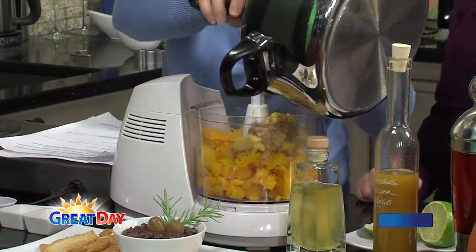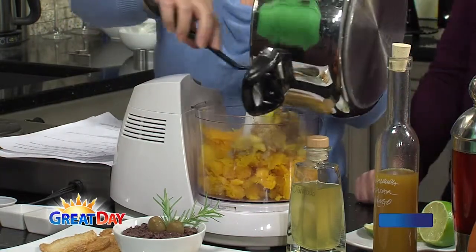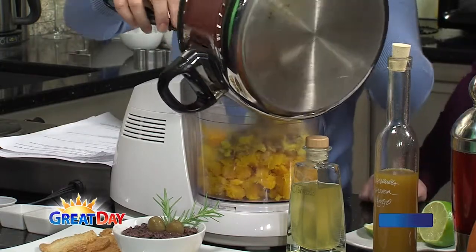So we've actually got that cooking so it's nice and warm. What we're going to do is put that in with the pumpkin that I roasted last night, and then we're going to puree it up, and then we're going to add some chicken stock to that. It's really going to look great. Yeah, it's really delicious. And again, it's all about how you present it as well. So when you get ready to serve it in the bowls, you can do...